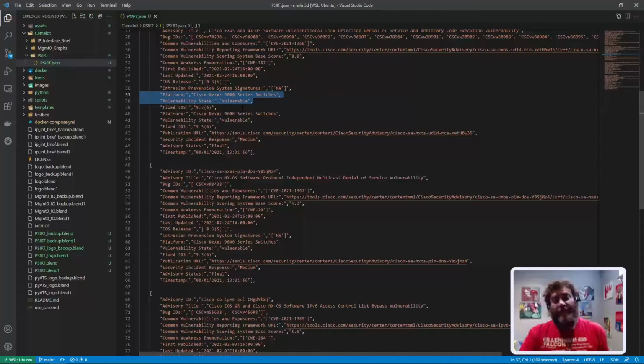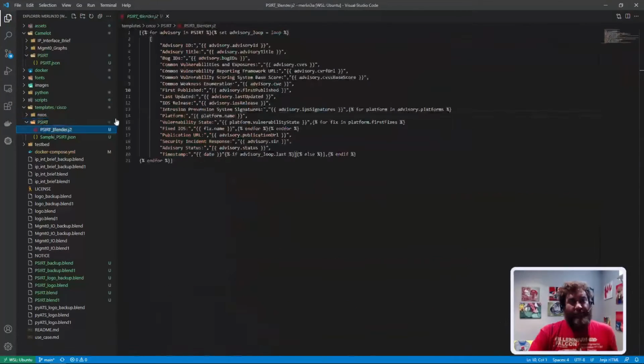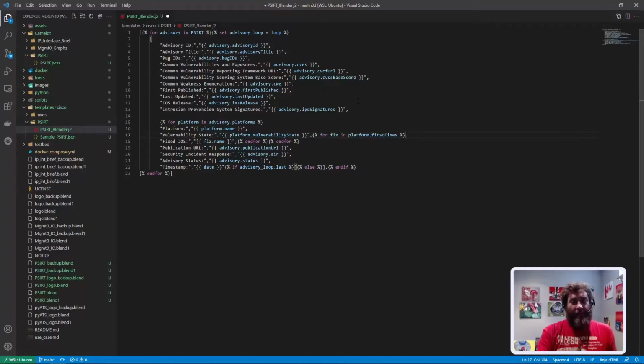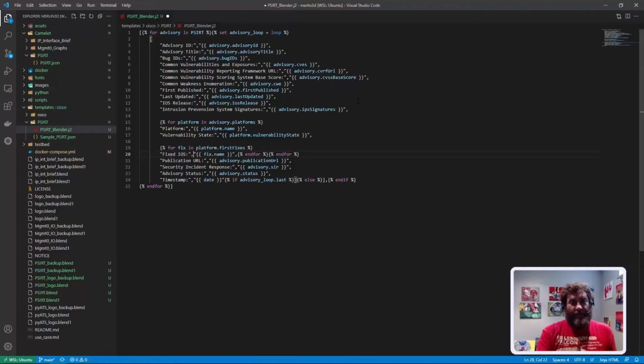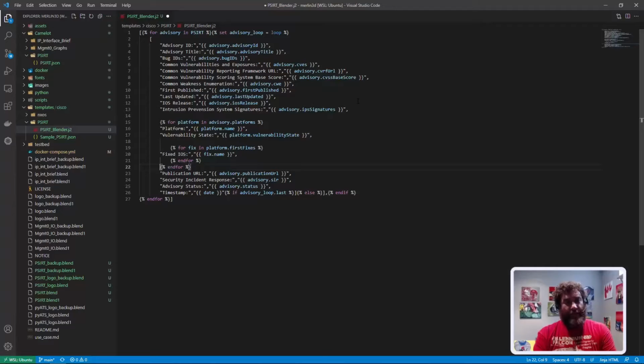So we're going to have to template this a little bit differently and adjust our for loop so that we don't create multiple versions of these. That's the mistake. So let's jump into the Jinja 2 template and see how we can fix this. This is what we have right now, and here is the for loop that is causing our problem. Then for fix in each, we're having these fixes, and then there's the end for the fixes, and the end for the outer tab. So instead of doing it this way,